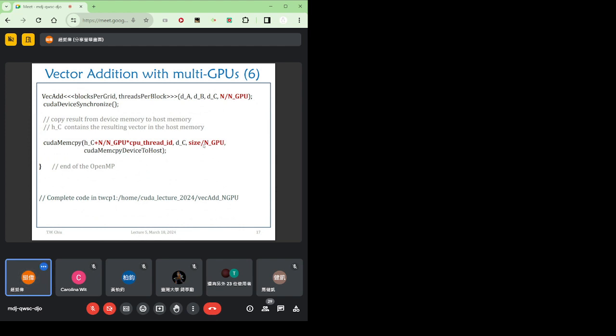Any questions about the code? Excuse me, what is the difference between size and the capital N? Size,